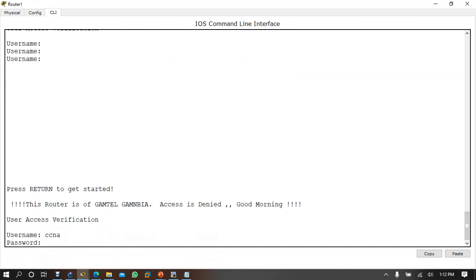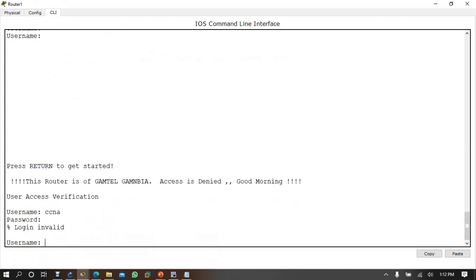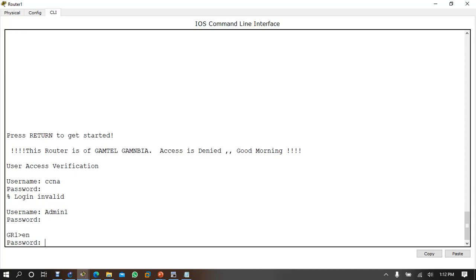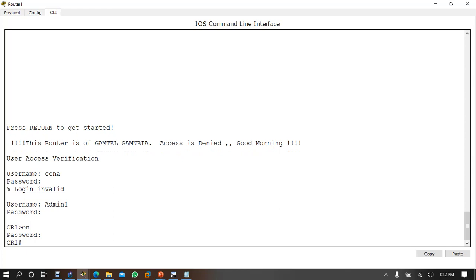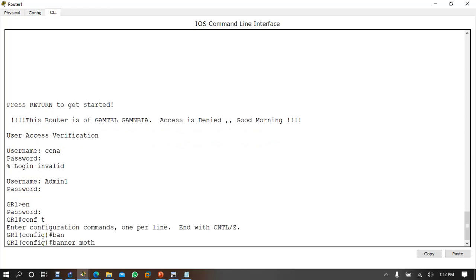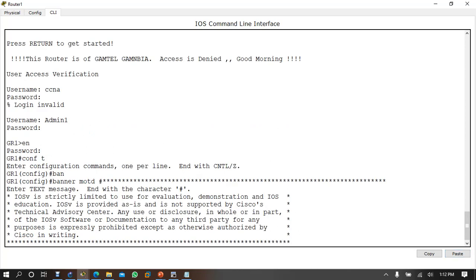Username is admin1. Enable. Then I can write here conf t, banner motd, hash, let's paste it. And after that, at the end, you write hash.